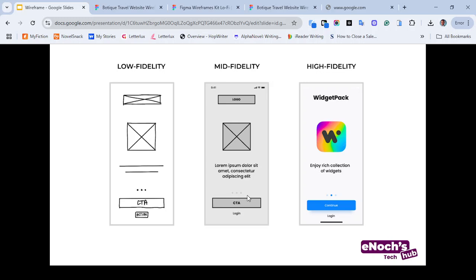All these TV app screens, they are the same. But what's the difference? This one on the left is a low fidelity wireframe. This one in the middle is a mid fidelity wireframe, and the last is the high fidelity wireframe. Look at the difference. Instead of using a real logo